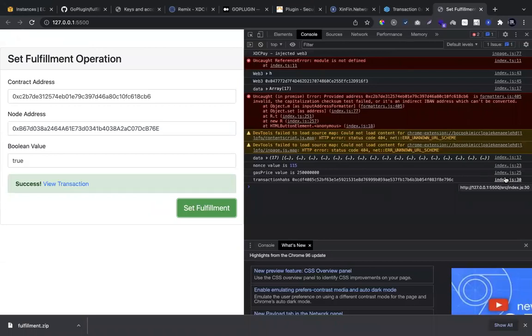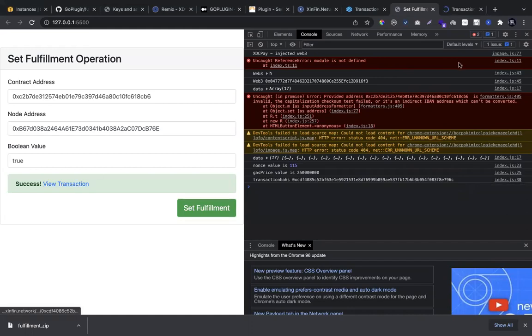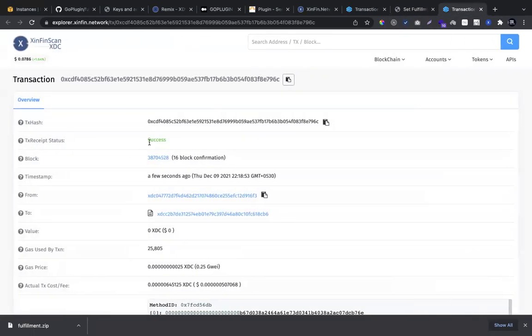which means it will process your transaction. So why is this step necessary? Basically, the Oracle contract should speak to your node address, right? Which means it has to fulfill the request coming from the plugin node. That's what we are doing here. So we are requesting the Oracle contract to fulfill this node address request. In future, whatever request comes from this node address will be fulfilled by the Oracle. Okay, and if you open this transaction, you should see it is a success, which means the Oracle fulfillment is done. Oracle deployment is done through the custom method.